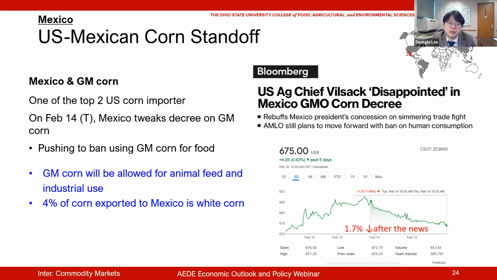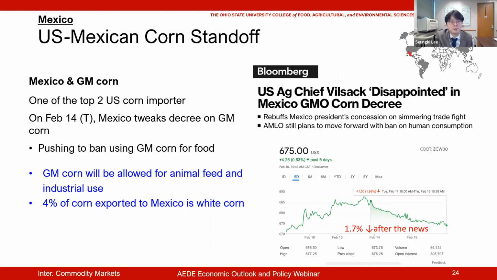And they even deleted the deadline, which was set in 2024. So there's no deadline for allowing the import of GM yellow corn. In that sense, they are probably just trying to find some negotiation range: okay, I am banning this white corn but also allowing this yellow corn. So that is maybe the stance of Mexico, but maybe there should be concern moving forward,